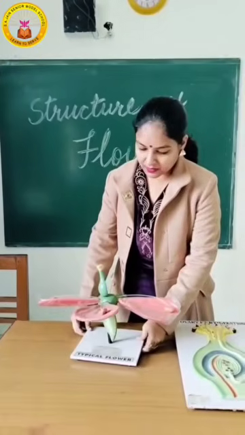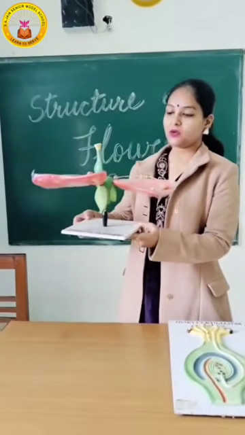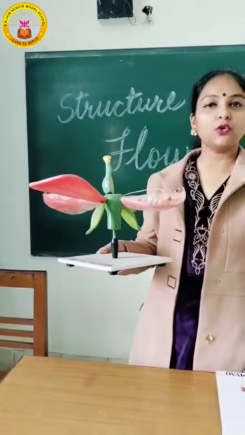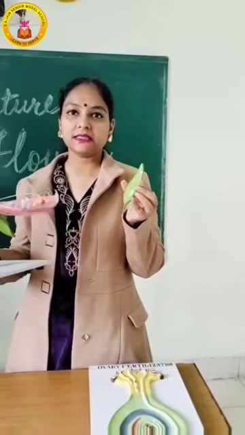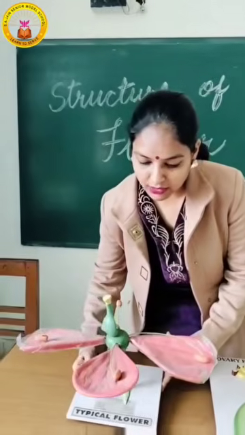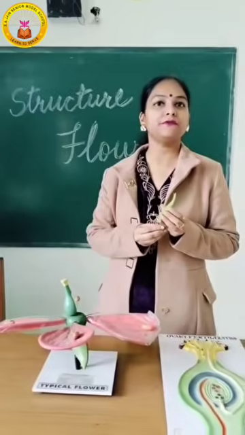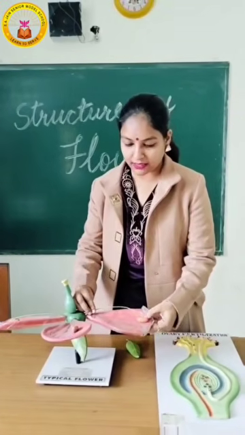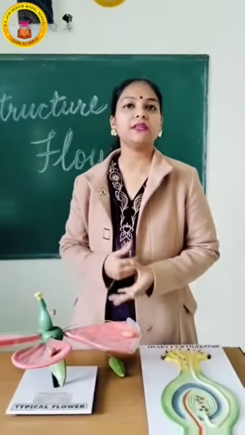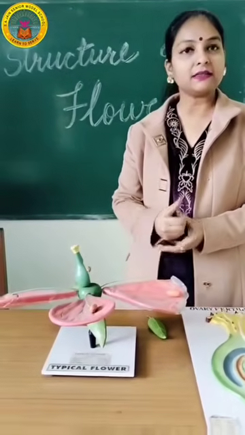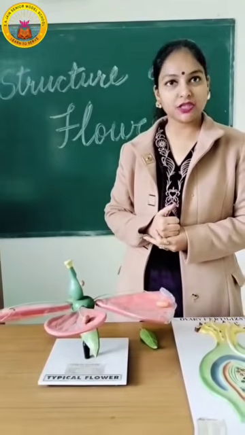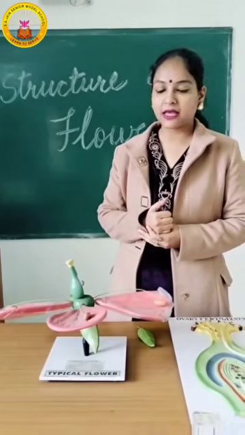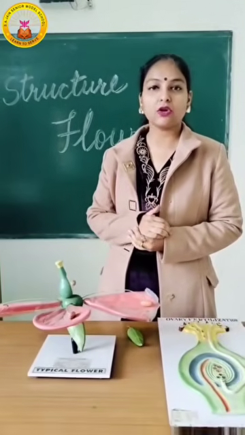As you can see, this model has various parts. These green leaves are known as sepals. These sepals play a role in the protection of a flower. Next part, we have these beautiful colored petals which are shown in red color. These petals are important for pollination, as insects get attracted toward these petals and dust the pollen grains on the